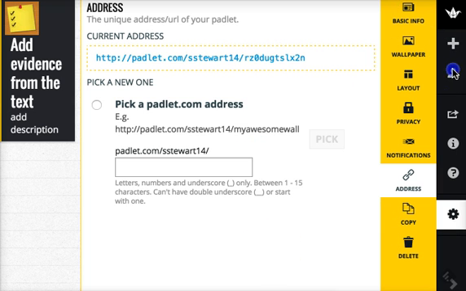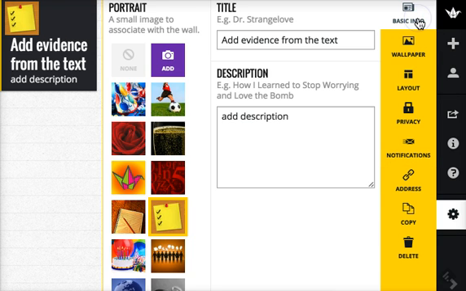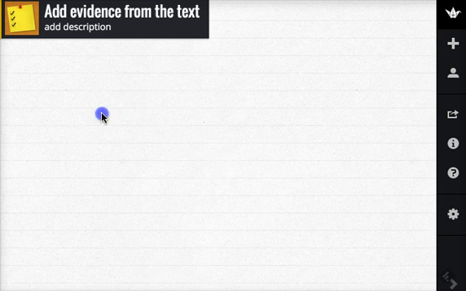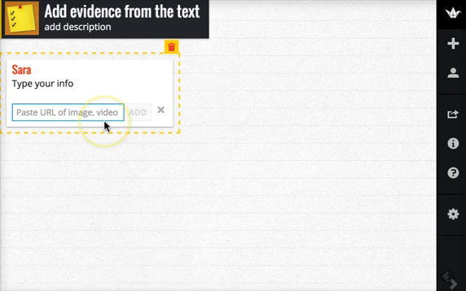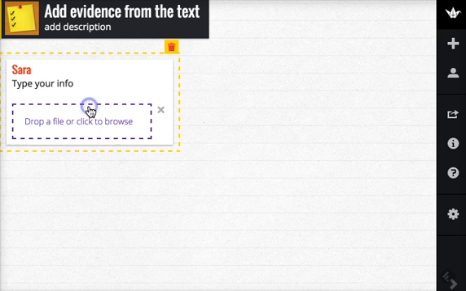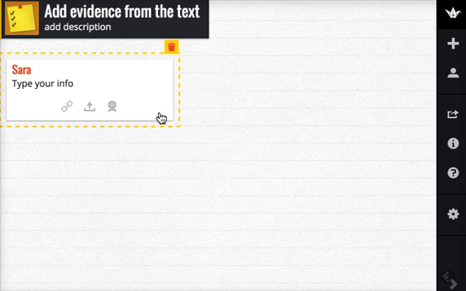All right, so as you can see, there's lots of different options there. And then when you're ready, you basically double click, and then you can type, and this is how students would. You can click on this to add a URL or an image or a video. You can upload a file. So if students have created something, maybe they've taken a picture of something that they've completed or drawn or whatever, they can add that as well.